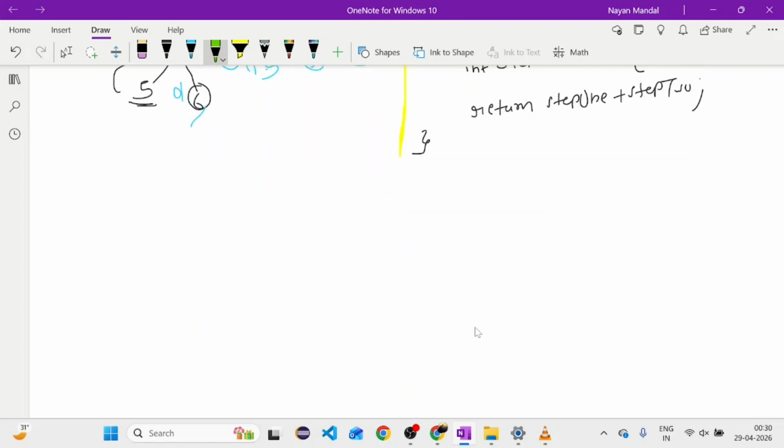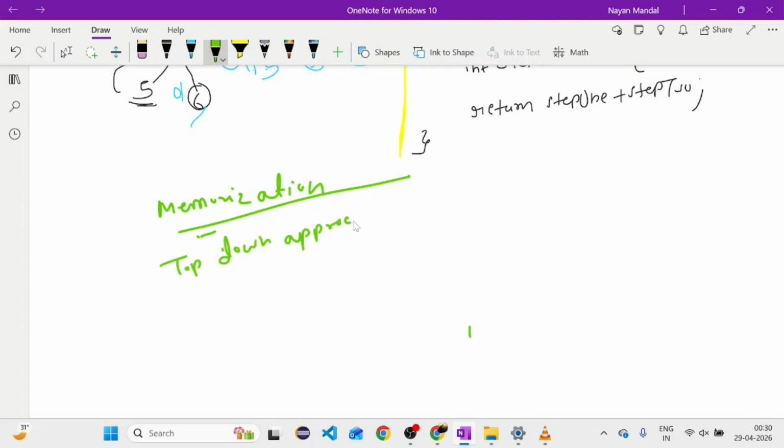So here we have used DP. This is called the memoization technique. We can also call it the top down approach of using DP.